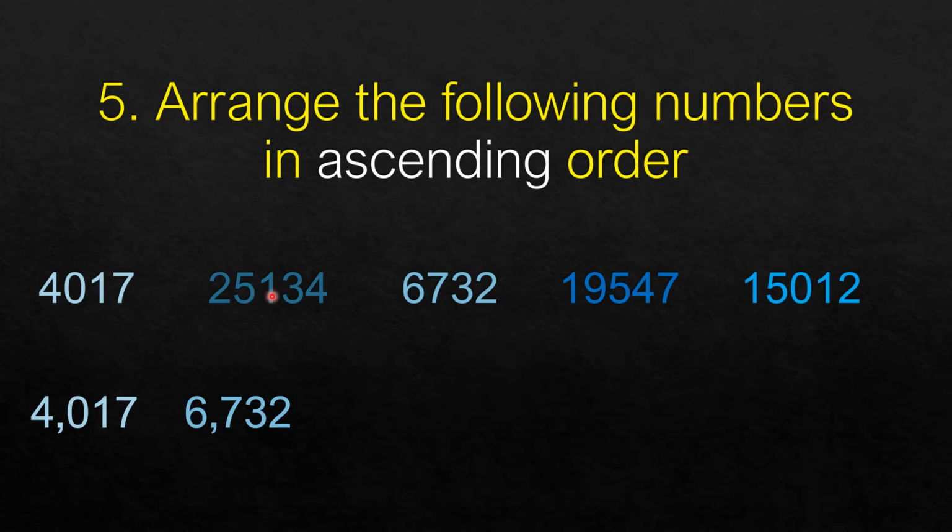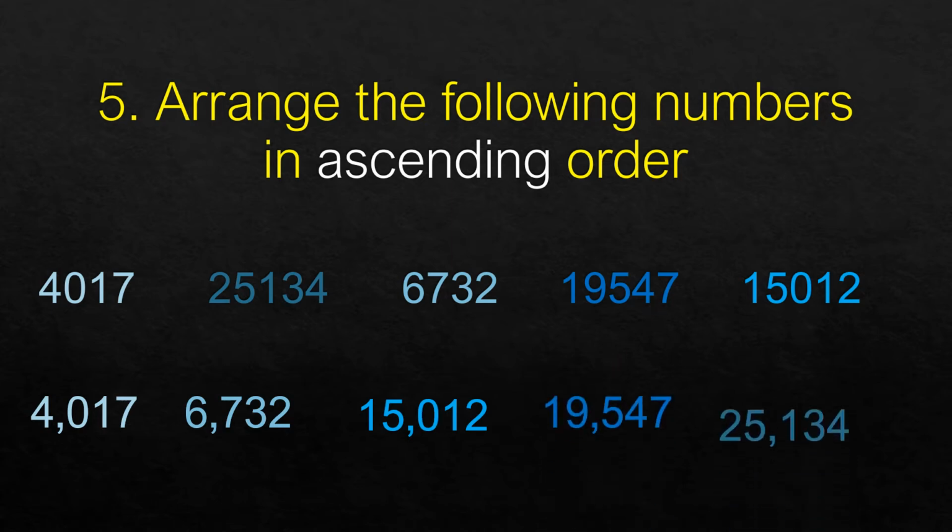Now among these three numbers, we have 5-digit numbers here. Now we compare the first digit 2, here 1, 1. Now we should compare only these two numbers. Since the 10,000's place is the same, we look at the next digit, 9 and here 5. So this number is the smallest among these two. So we write that number. Now among these two, of course, 19,547 is smaller than that. So we write the numbers in ascending order.